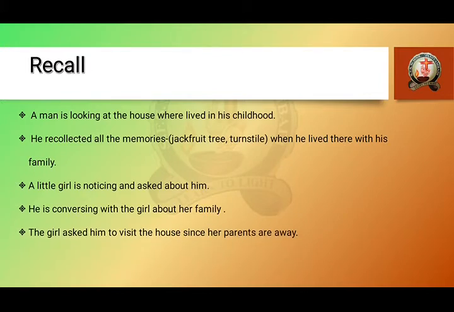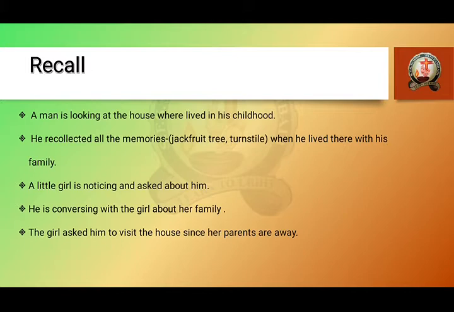And the girl, on hearing this story of his childhood memories, invited the man to visit the house since her parents are away. Her parents were away. They went to the club. A club is like an association. And this girl invited the man to visit the house, to come into the house and look at the